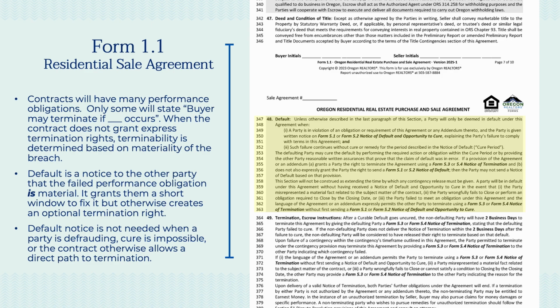If the contract performance obligation says the party fails to perform, you can terminate. That's great. It tells you exactly what to do. You can go straight to termination because it has told you you can do that. If the contract doesn't provide guidance, it just says buyer needs to provide notice by Wednesday and provides no other guidance. Maybe it's a material problem if you fail, maybe it's not. As a result, the clean process that we've provided here is if there's a performance obligation, a party, buyer, or seller has to do something and they don't do it, and the contract doesn't tell you what you can do